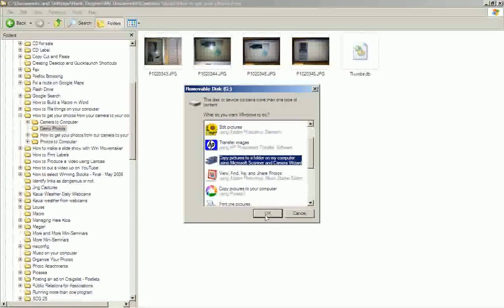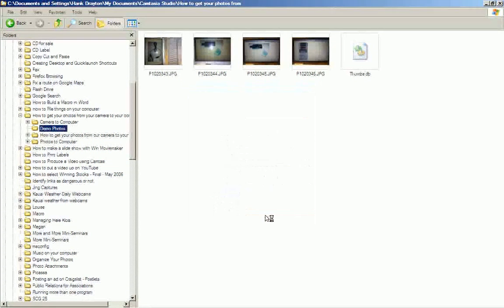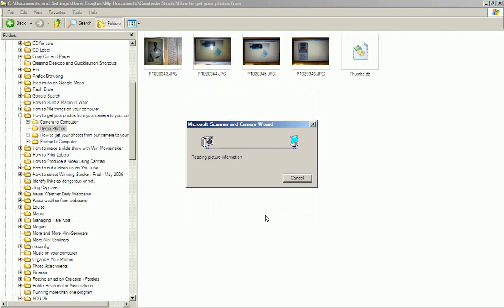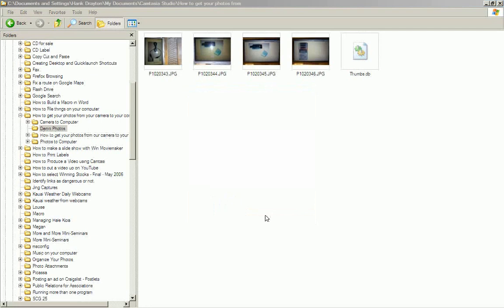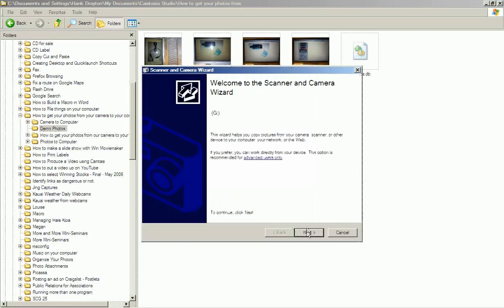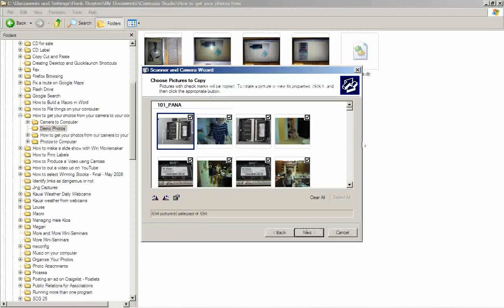When I select that and click OK, a wizard comes up, which says it'll help you copy pictures from your camera, scanner, or other device. When you click Next,